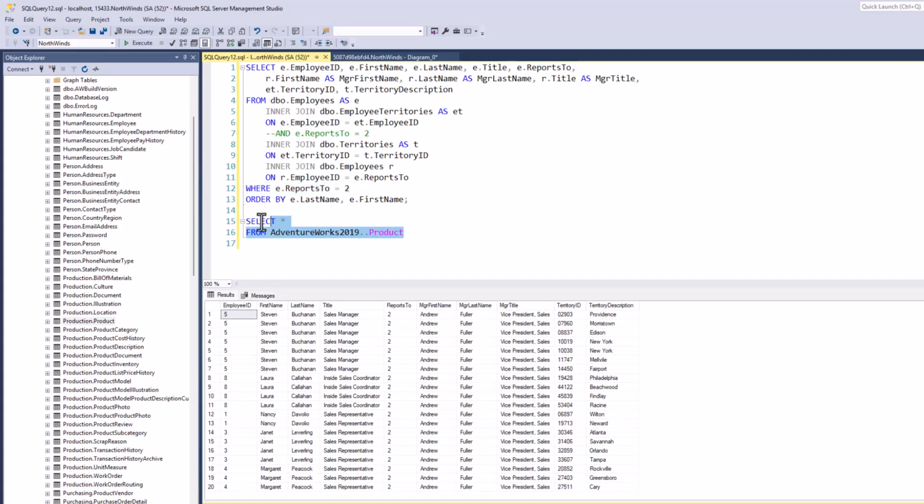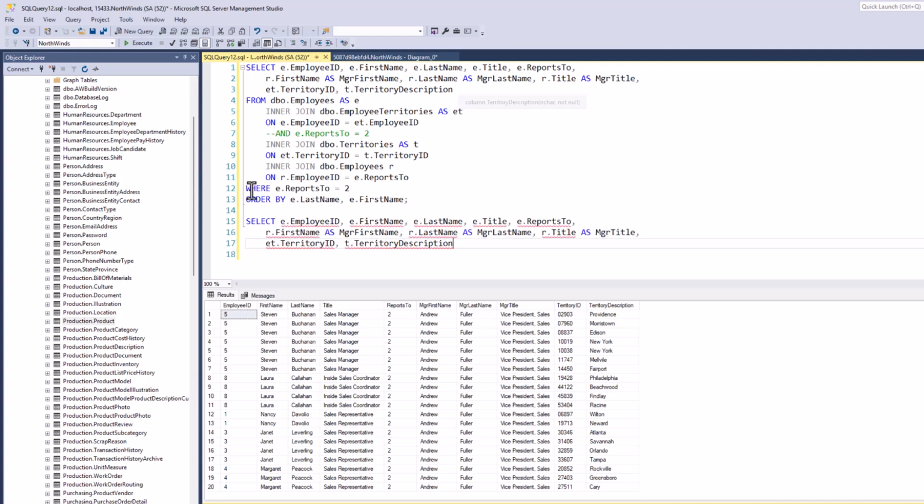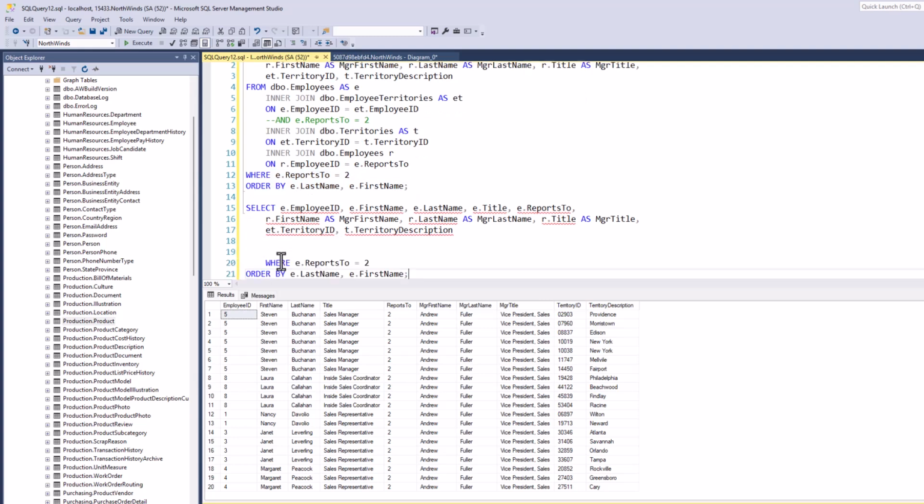I am going to get rid of this. We're going to use our query up here as a reference. I'm going to start by copying the column list because that's going to stay the same. Put it down below. I'm also going to copy my where clause and put it down a couple of lines, making room for where we can fill in our from. How this works is our from statement is just going to be a list of our tables. So we start with the dbo employees and copy it down here. This is going to be a comma-separated list of all of the tables.